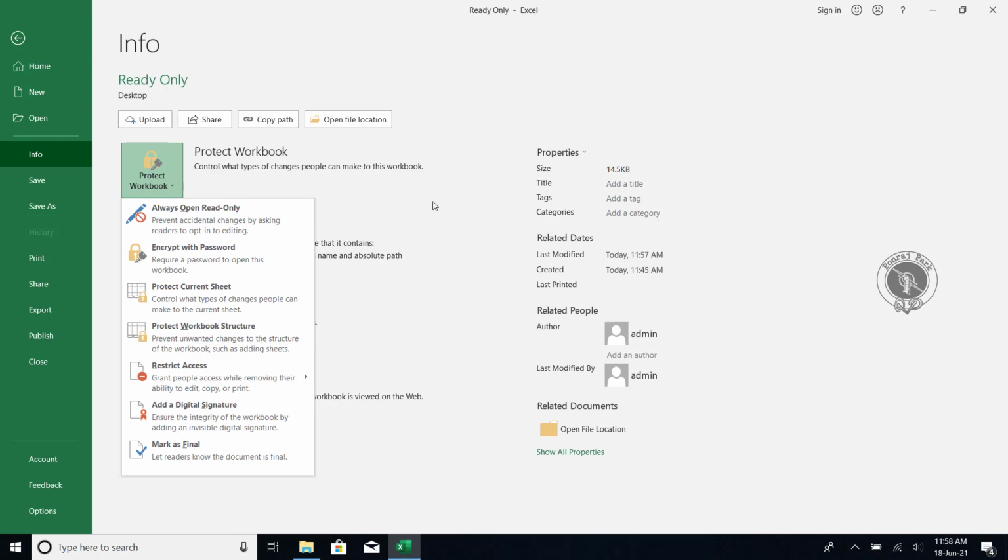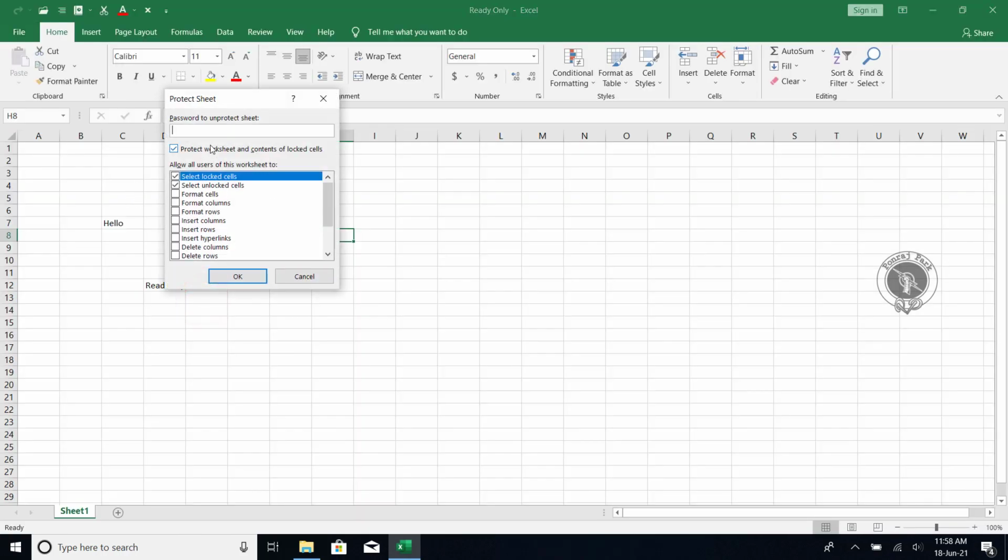Now you may have a doubt: if you want to protect only some sheets, not the whole workbook, only a particular sheet, then you can do it using this option, Protect Current Sheet. I'm clicking here, and it asks what things should be allowed or visible to other users, like if any user is on this Sheet1, what he is allowed to do.